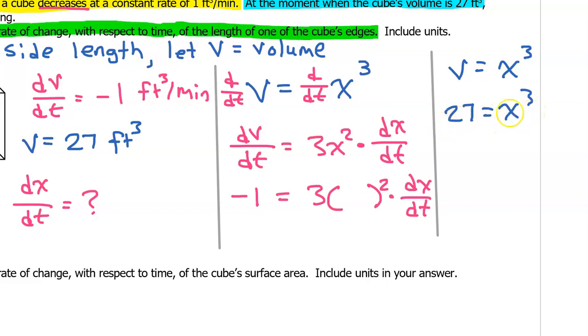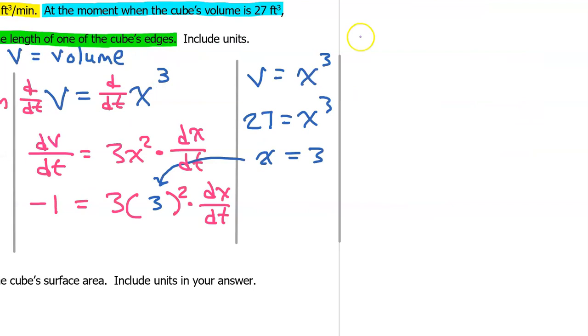Taking the cube root of both sides, we get x is equal to 3, which we can put in right here. We have -1 is equal to 3 times 9, so that's 27, times dx/dt. Dividing both sides by 27, we have dx/dt